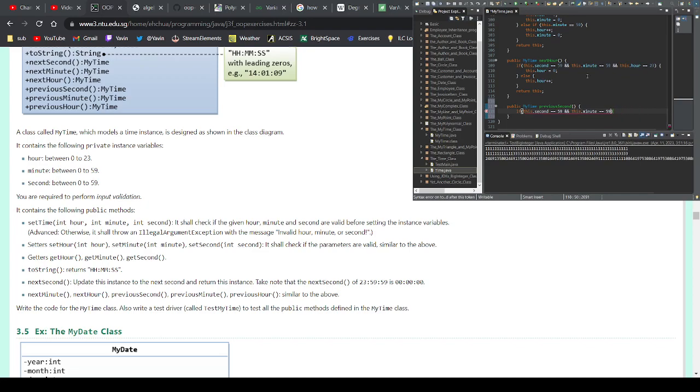No, if this dot second is equal to 0 and this dot minute is equal to 0 and this dot hour is equal to 0,